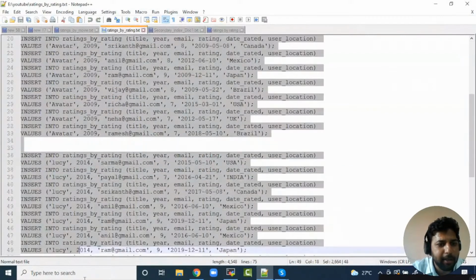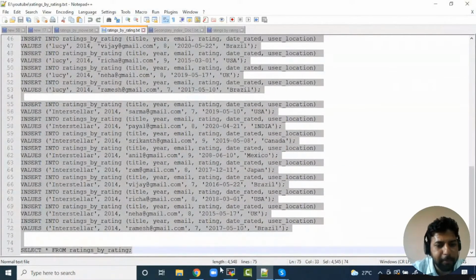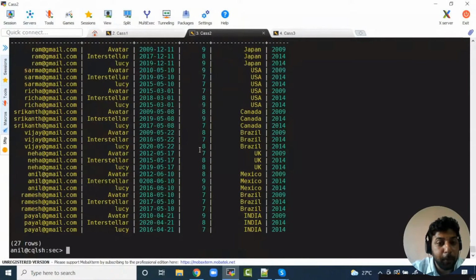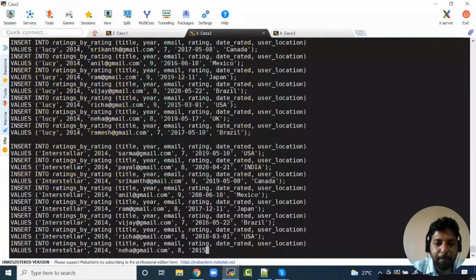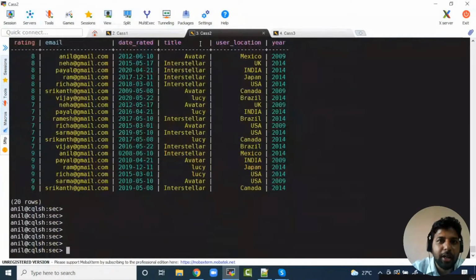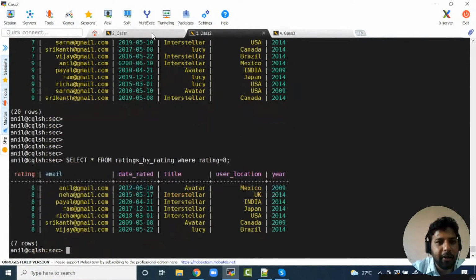I'm loading the same data, but duplicating it by keeping rating as my partition key. So, from ratings by ratings, where rating is equal to, now I got the output.